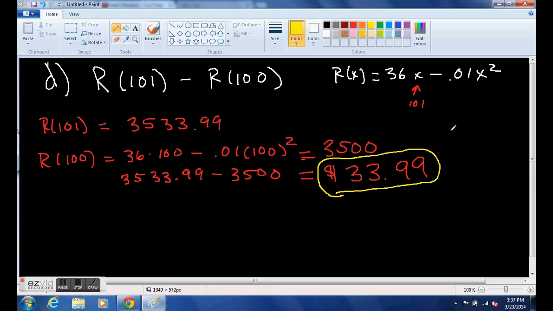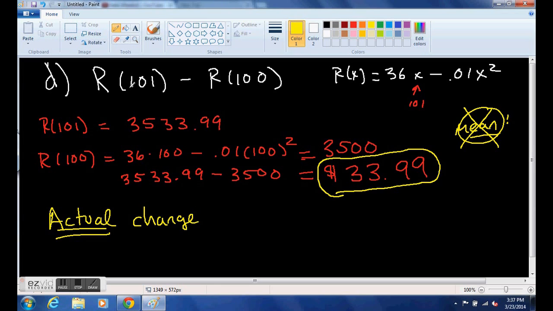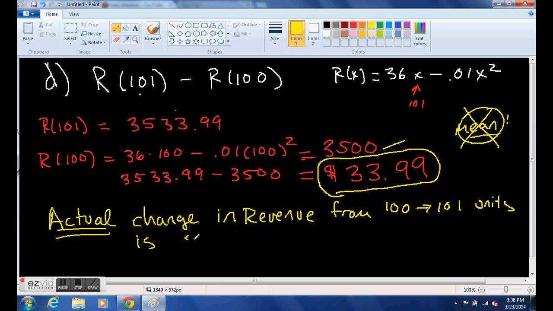The other part says explain what this value represents. I notice they're not saying what does this mean, because the mean is another mathematical term and they don't want to confuse you. So I'll tell you what this represents. This is not estimating anymore. This is the actual change in revenue. We're saying at 101 we will make this much, and at 100 we will bring in this much. So our actual change in revenue when you go from 100 to 101 units sold is